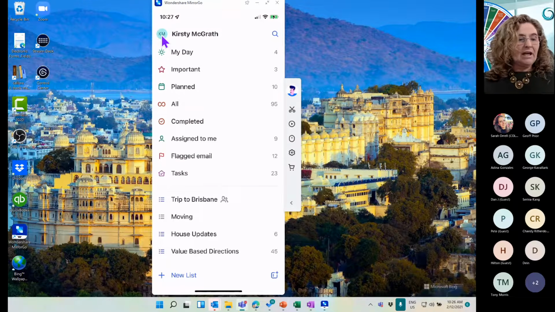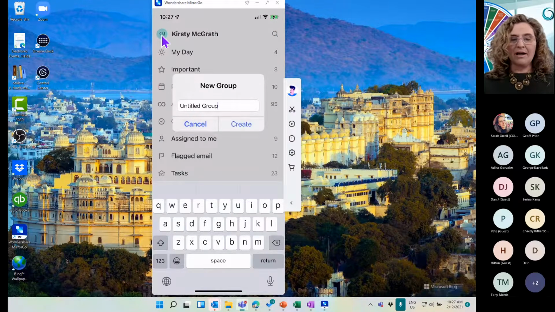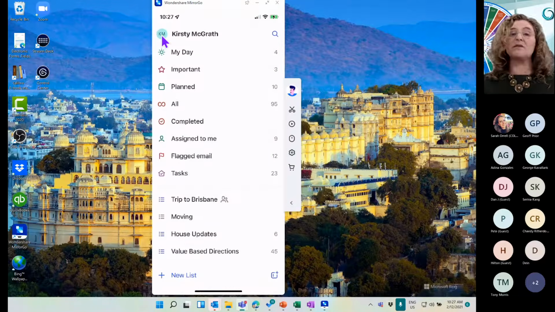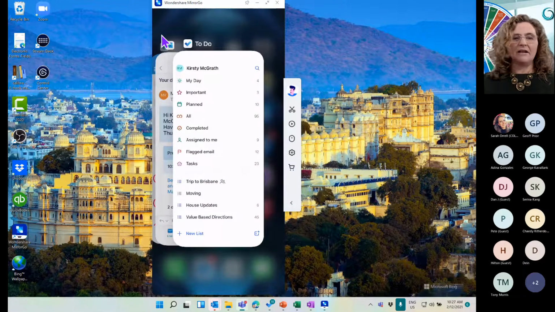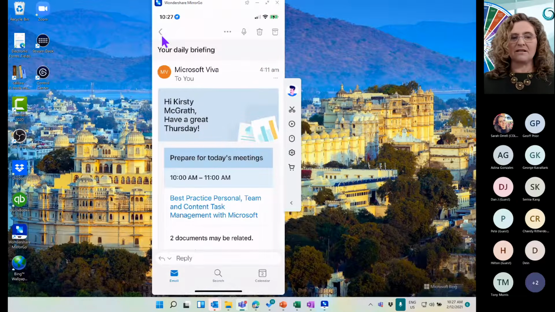Down in the bottom right-hand corner, what do I want? A new group even, for example. So I could start to bring in new groups, and then have people that I could invite into that group. So this is on my mobile phone. Let's flow over and start to have a look at how I get some of that stuff in from Outlook.